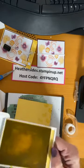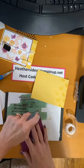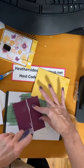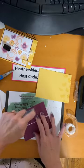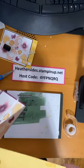Rule number 1, put away the ink pads. Now we're going to take this and we're going to mount it onto our card. You could pop this up with dimensionals too, but the next step, we're going to use dimensionals and pop it up too. And if you make your card too thick, the post office gets a bit wiggy about it, and sometimes they'll send it back and want more postage. So you want to be cautious about putting too much